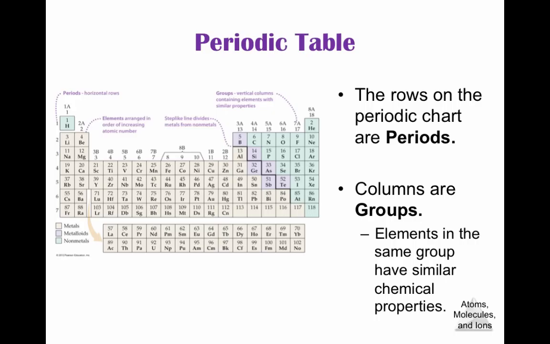When we look at the periodic table, the rows are your periods. Okay, so rows go across, and then columns, which are vertical, are groups, also called families. Elements in the same group or the same family have similar chemical properties. So all the halogens, fluorine, chlorine, bromine, iodine, all have similar properties, just as all the alkali metals have similar